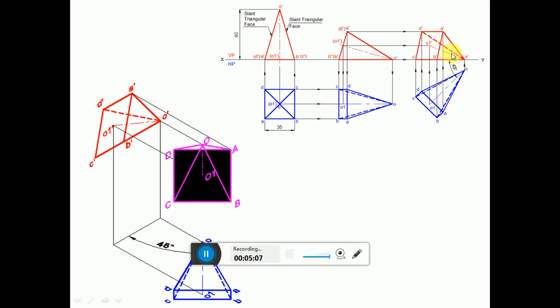So if O dash D dash becomes visible, then two visible edges would cross each other, so obviously O dash D dash has to be invisible. Since A dash B dash C dash D dash is a surface which is near to the observer, and O1 dash is on that surface, O1 dash is a visible edge.